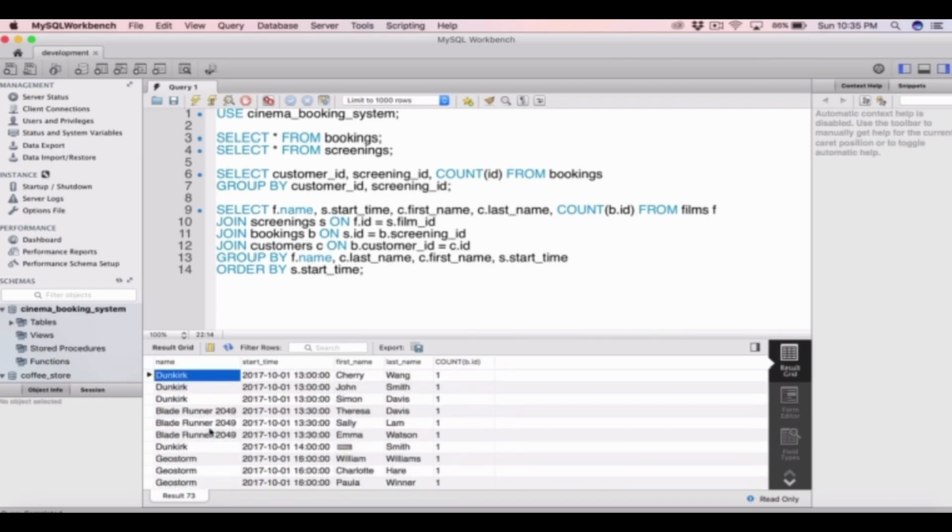So that's it for the group by clause for now. Just remember that any column you select in the select statement which isn't being aggregated over must